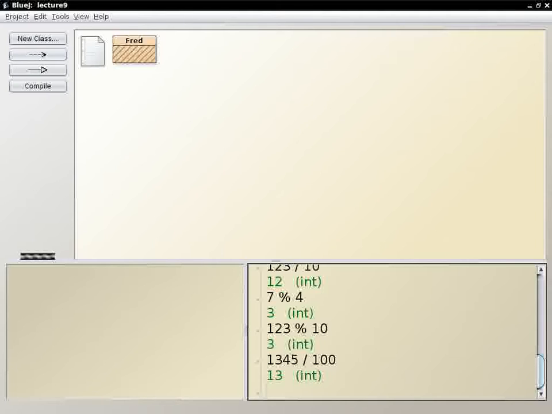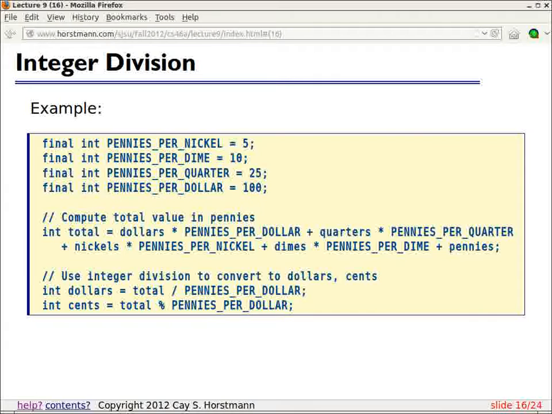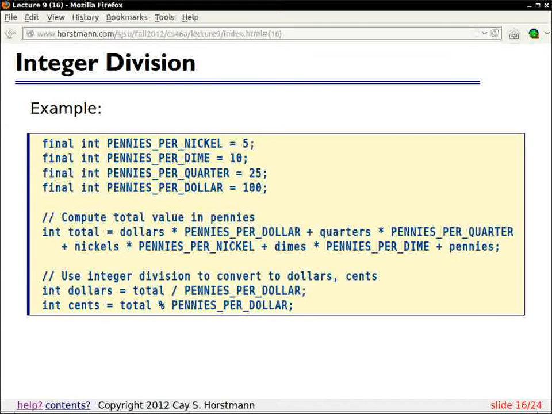And now as you know it's $13, and you might want to know how many pennies are left over, then you can use the modulus, and that gives you only the pennies, discarding all the dollars. That is a very common operation to fill out dollars and cents out of a total that's computed in pennies. And so the advantage of using pennies is, of course, you don't have round-off errors because it's all done as integers. So it's a common thing that you just compute everything in pennies. Integers don't have round-off errors. And then to convert back, you do this here.